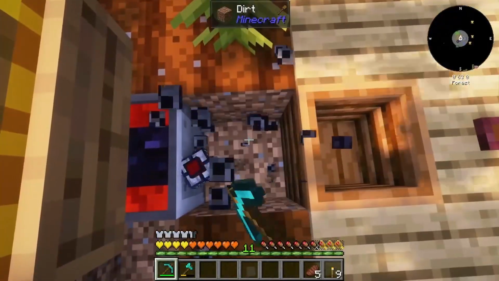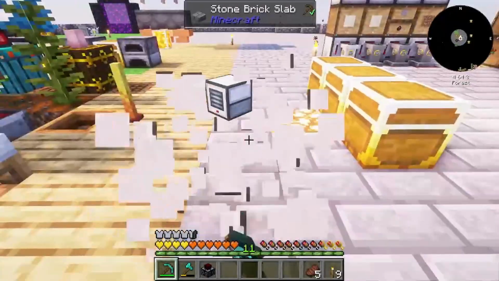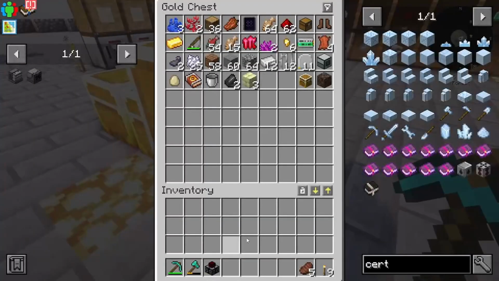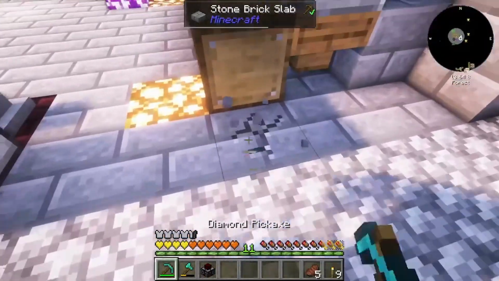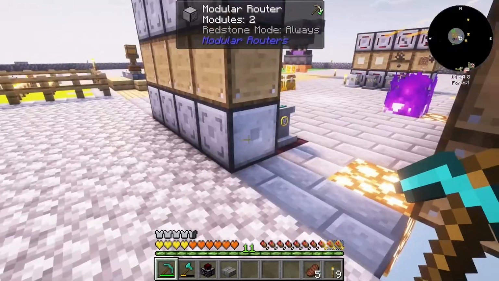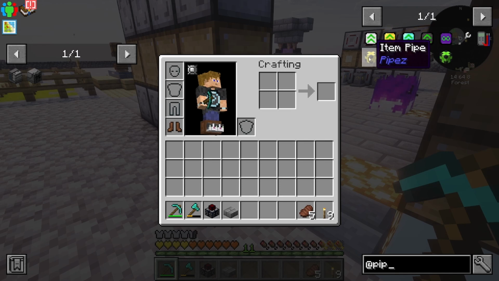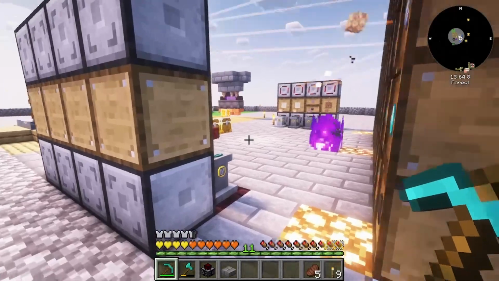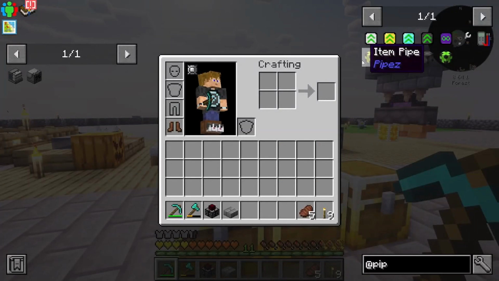Yeah, I want this. So this is going to be really, really crappy power to begin with, but I think it'll be alright. It'll be fine for now. I'm going to stick a... Have we got pipes in this? We do have pipes. So, again, I'm going to talk about multiplayer a little bit right now, but pipes are